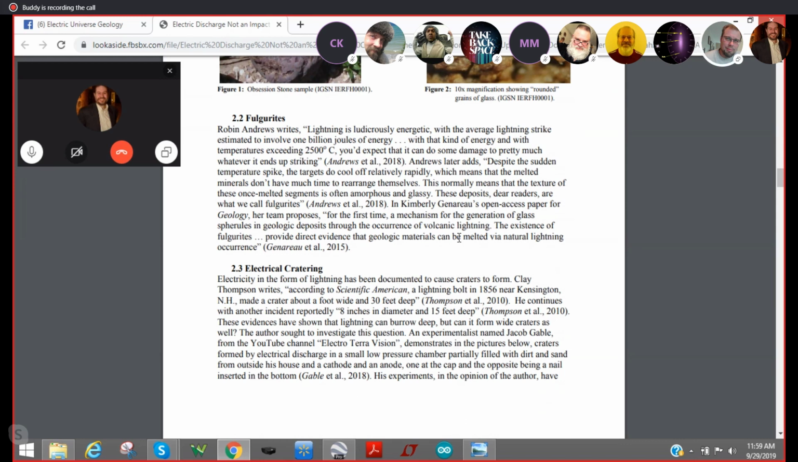Then the paper goes on to mention fulgurites and how lightning causes silicates to form, or rocks to form in the glass. And here's the mention of lightning causing the spherules of geological deposits, throughout occurrence of volcanic lightning, by Kimberly Gennaro. I'm probably going to have to steal your citations too. Yep, there we go. We'll put them all in there because we're going to try to make this as legit